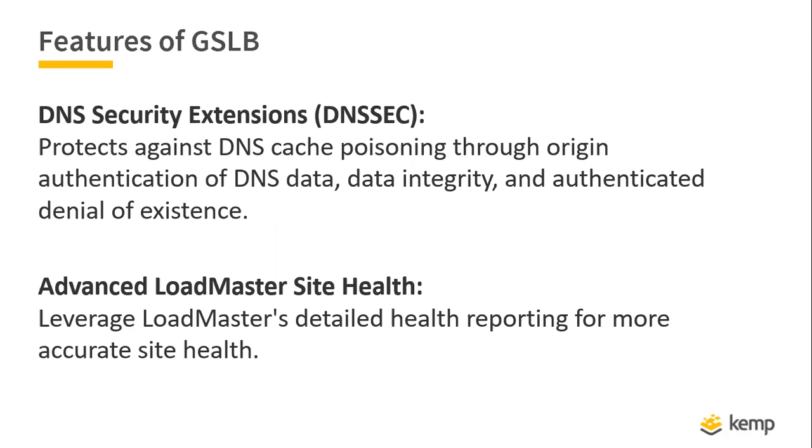Next is the advanced load master site help. As I mentioned, the GSLB will help you decide which site location has the active connection. If the primary site goes down, all users will be redirected to the secondary. This is based on the connectivity to the data center and also the server health. If the server health at the primary data center has an issue, meaning it cannot be pinged or has a high load